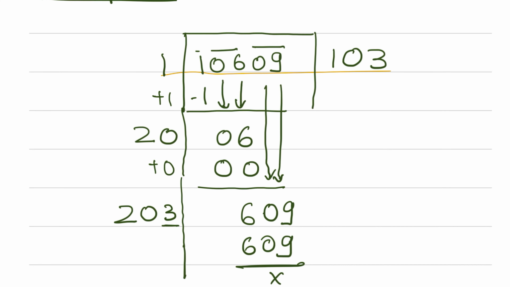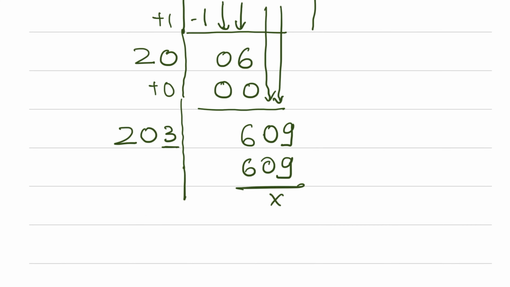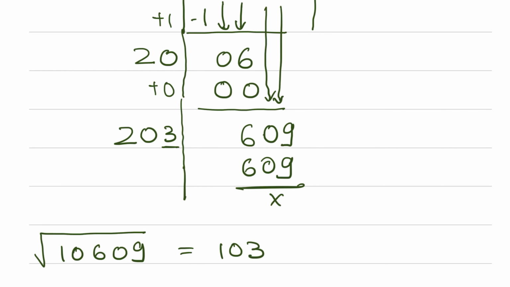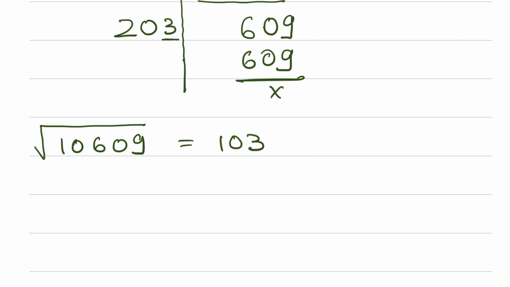So I can see that square root of 10609 is equal to 103. Now let me take one more example for 5 digits. So example